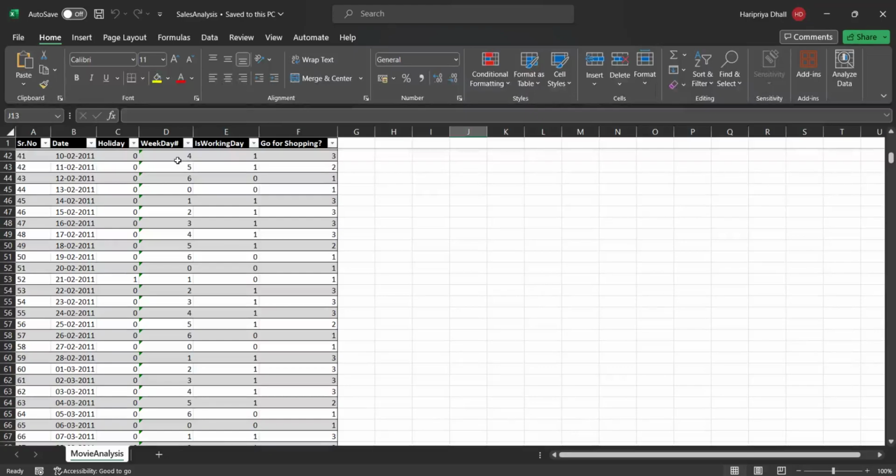weekday 4 means, 0 is Sunday and 1 is Monday. Following that, 6 is Saturday. So 4 is Thursday, and if it is a working day, 1 means it is a working day, yes, because we have provided 1. So go for shopping can't be possible because it is a working day, right? Even if it is not a holiday, because 0 defines